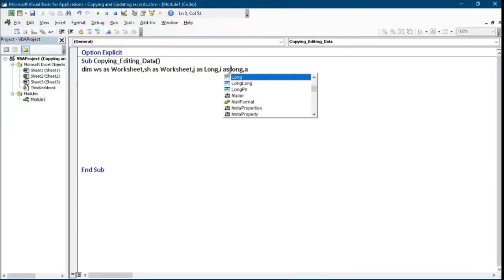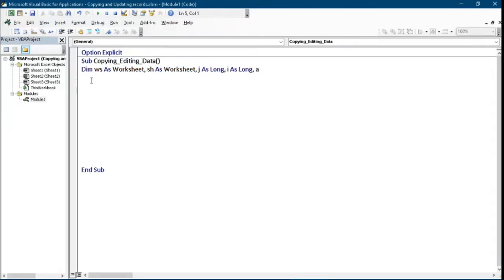Then set ws equal to sheet1, set sh equal to sheet2, and i equal to 1. Then here we can say do while i is less than or equal to